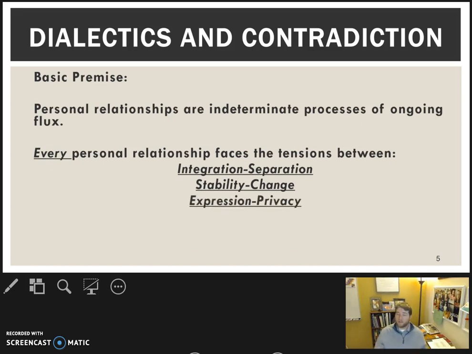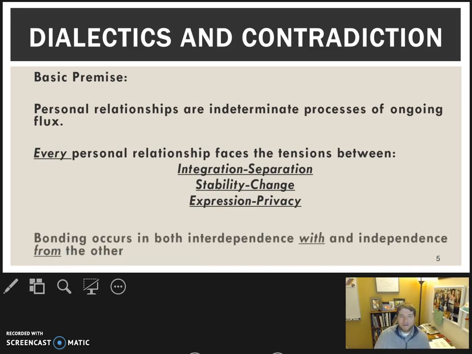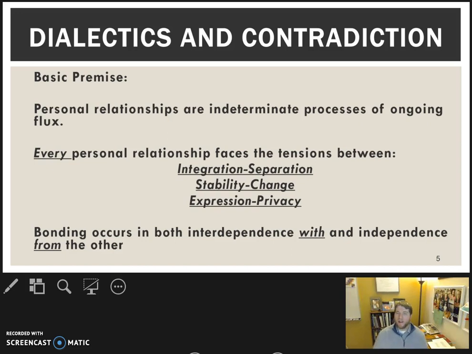And expression and privacy. Hello, self-disclosure again, okay? How much do you share versus how much do you keep private? And even in your most intimate interpersonal relationships, you have a need for privacy alongside your need for expression, okay? And what this theory says is that bonding occurs in both interdependence with and independence from the other, and that is what you see in these three big dialectics. So now what we're going to do is we're going to unpack the forces and the way